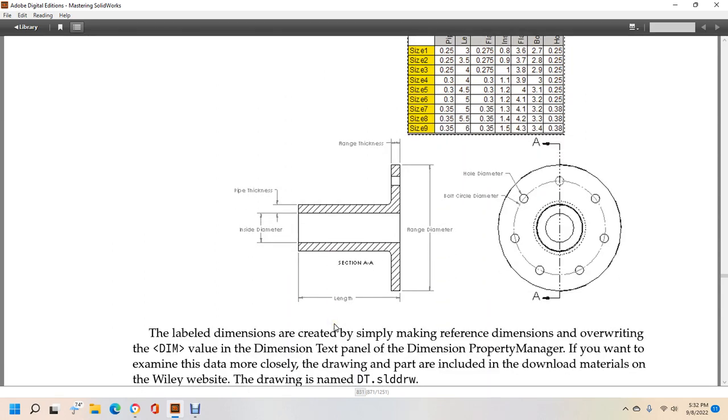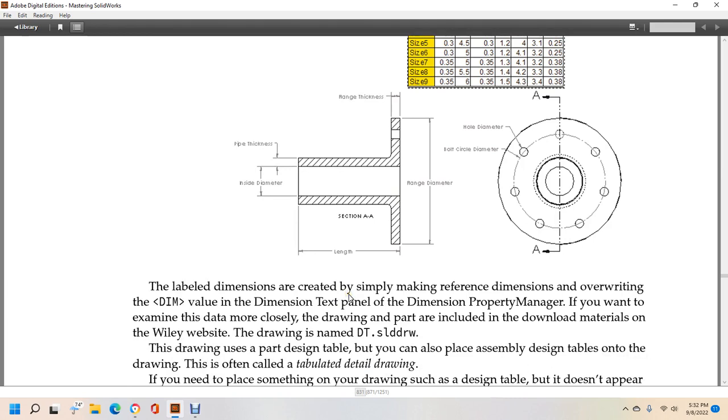Label of dimension, created simply by making reference to the dimension, override the dimension value of the dimension text in the property manager. If you want to examine the data more closely, the drawing part will be included with the download materials on the Wiley website. Drawing with the DT solid drawing, you can have the part design table placed